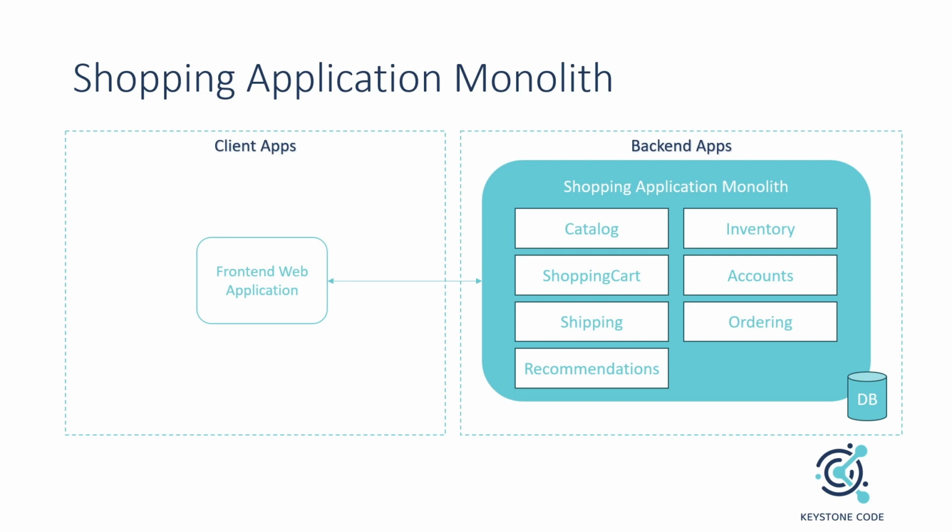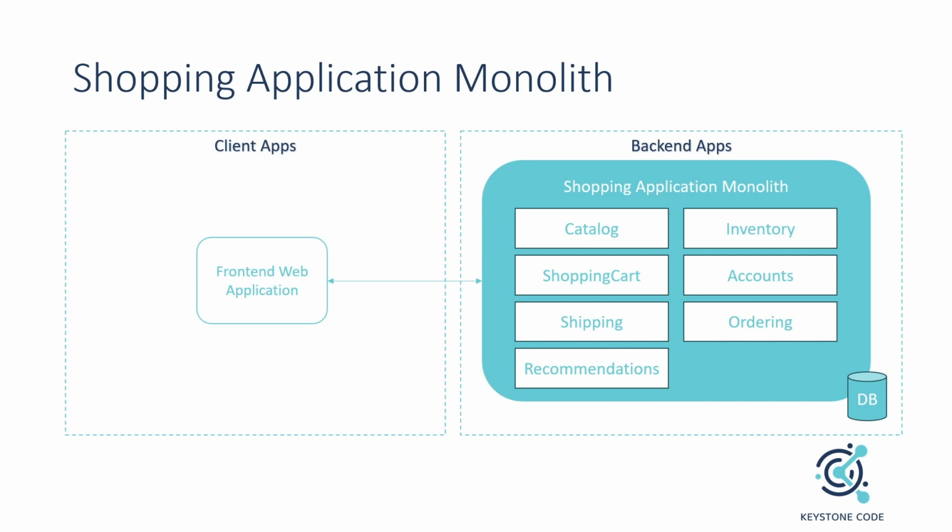And then one last thing to point out is in the lower right-hand corner, you can see there's a database. In most cases, monolith applications will have a single database that all of these feature areas read and write to. So all of the information across the catalog, inventory, shopping cart, etc. is all written to a single database and retrieved from a single database, and you end up with this monolithic style. So what's the alternative